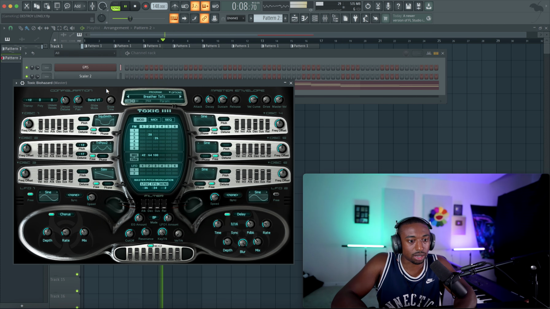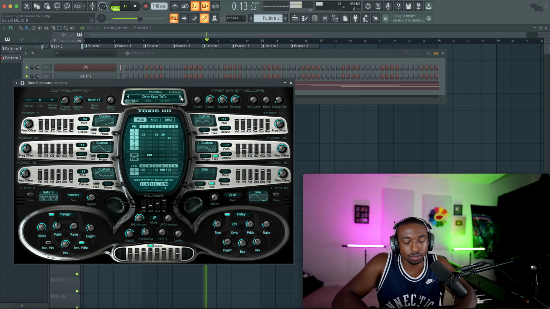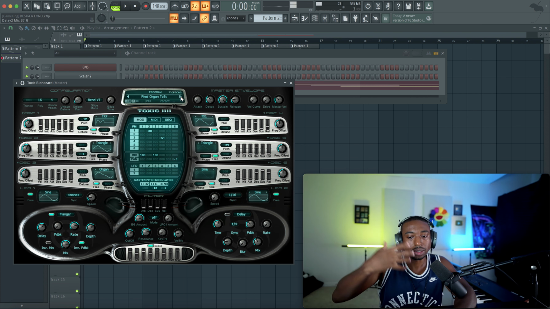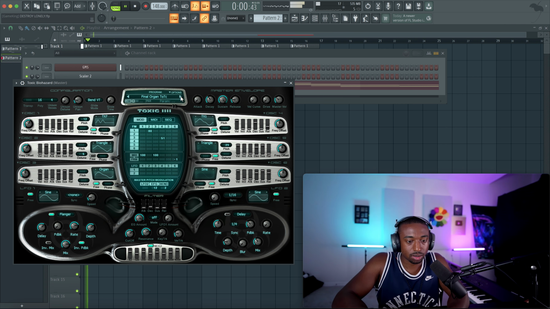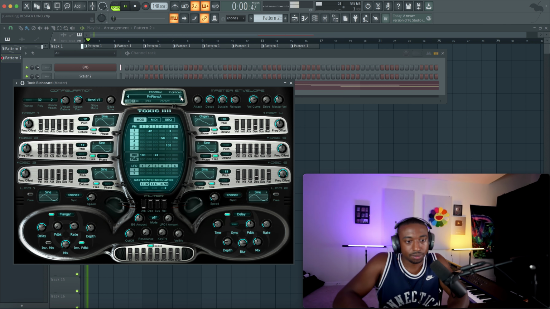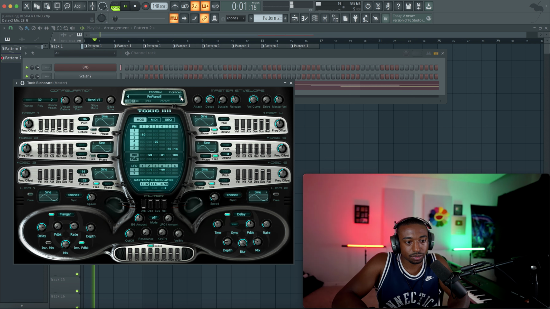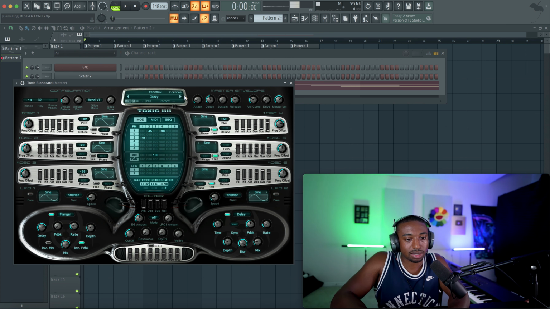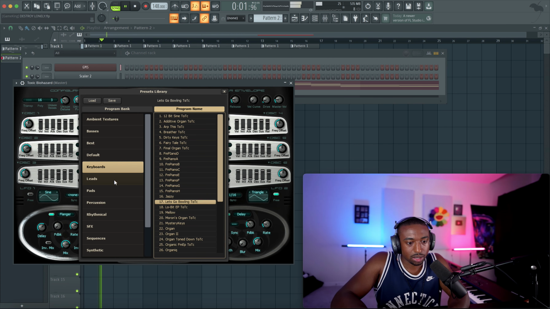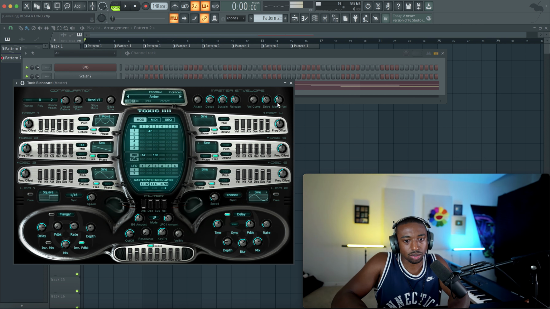So now we got to pick sounds that go together right now. So I'm looking for very aggressively, harmonically rich sounds. Nothing soft. So this is under keyboard, so we might have to go through a lot of patches here. Let's try leads because leads are usually more harmonically rich.